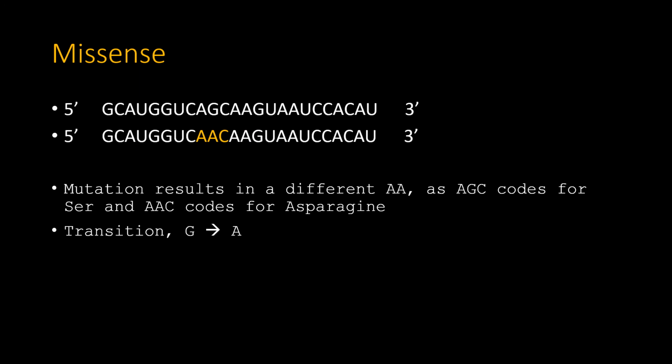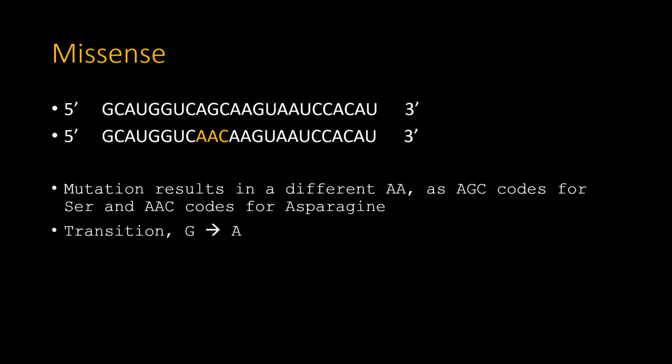In this mutation, we see the G go to an A on the mRNA strand. This results in a different amino acid forming because AGC codes for serine as we saw from the first slide, and AAC codes for asparagine. This is a transition because the G